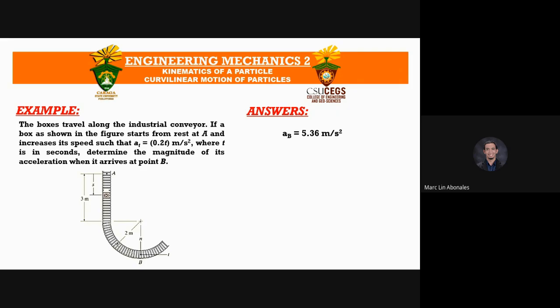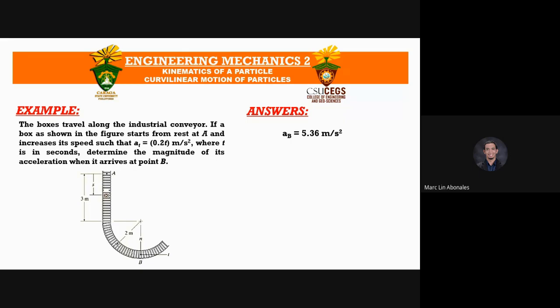If a box, as shown in the figure, starts from rest at A and increases its speed such that a_t, or the tangential acceleration, is equal to 0.2t meters per second squared, where the time is in seconds, what you need to determine is the magnitude of its acceleration when it arrives at